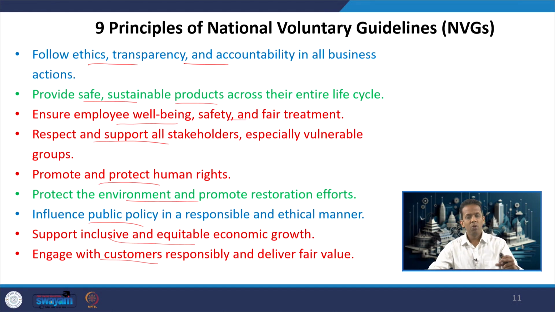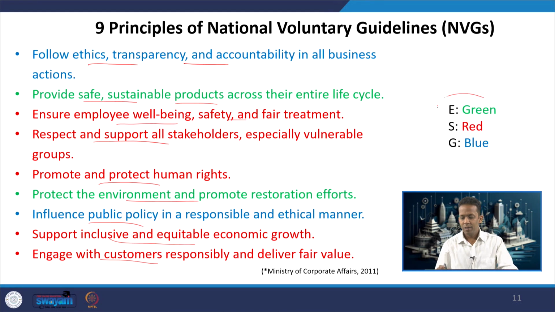So, I have tried to classify it based on different colors, where the environmental aspects are shown in green, social ones are in red, and governance related ones are in blue. So, these 9 NVG principles are somewhat connected to all 3 domains of ESG in some sense. That is why BRR was based on NVGs, and when SDGs also came into the picture after 2015,